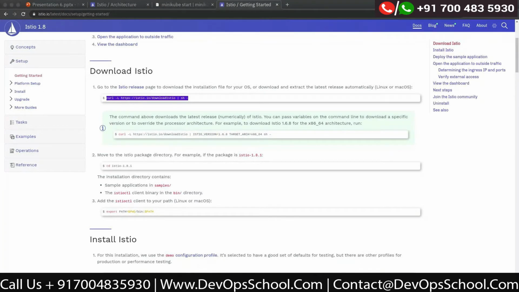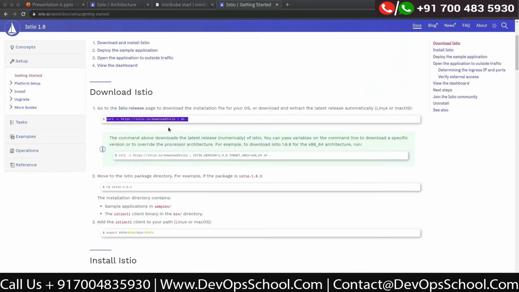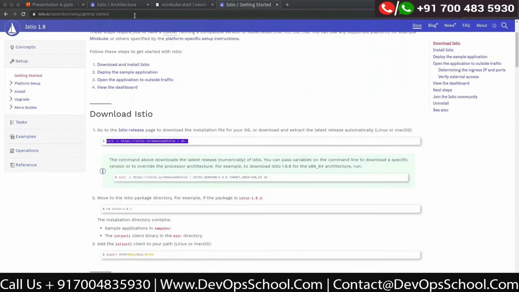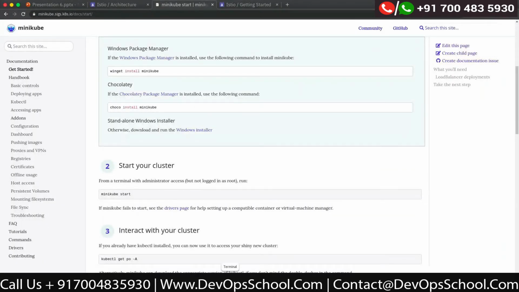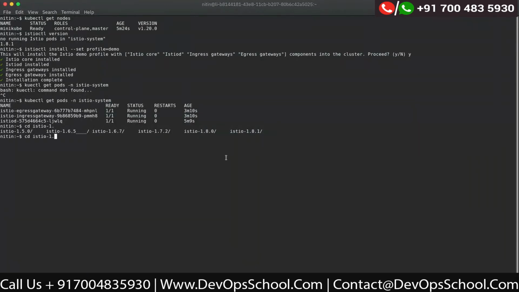So this is the command. And this is the getting started page. So this I already showed, right? So this is what will get downloaded from there.